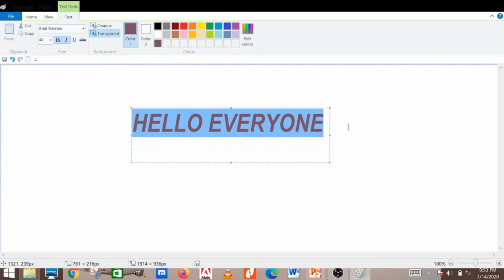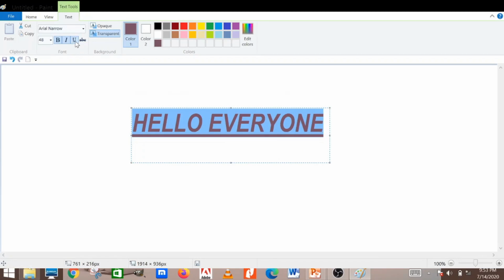Now how to use underline option? Again your text is selected, then click on this capital U option. You can see one underline has come. One line has come under the text that you have selected. So this is your underline option.